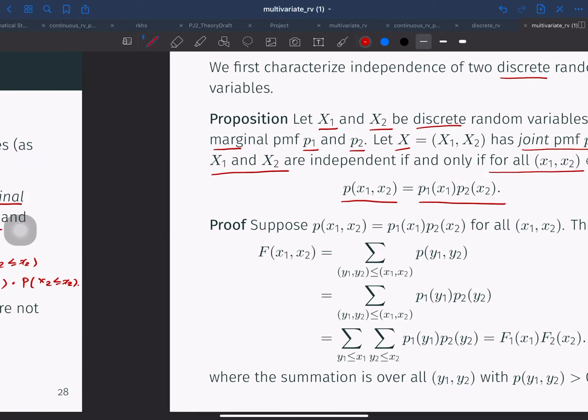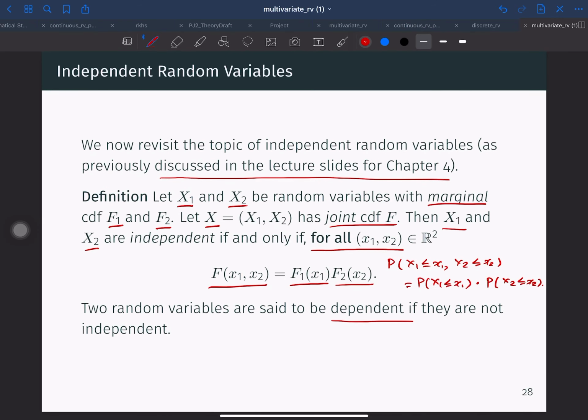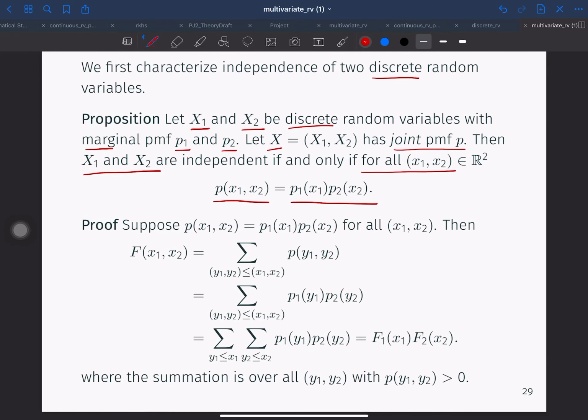So let's go back to this definition here. The definition here is in terms of the CDF, and the characterization here is in terms of the PMF. So we have to show that this characterization is equivalent to the definition. Our proof goes as follows. Suppose first that the condition is true, that is, this condition is satisfied